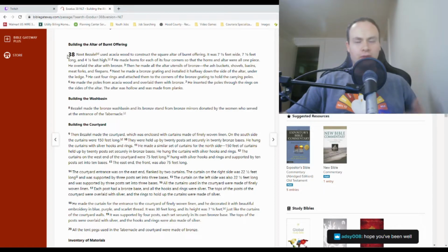This is the altar of burnt offering that, again, God had commanded them to build a few chapters prior, and this is just it actually being built. I'm noticing that it was all overlaid with bronze instead of the other stuff that had been overlaid with gold, and that kind of...